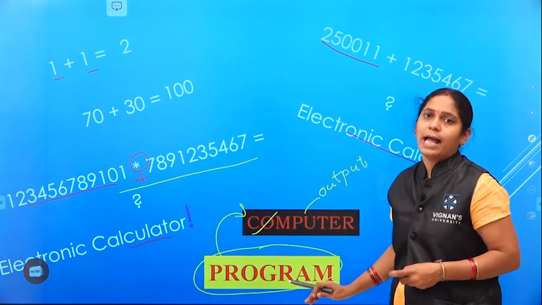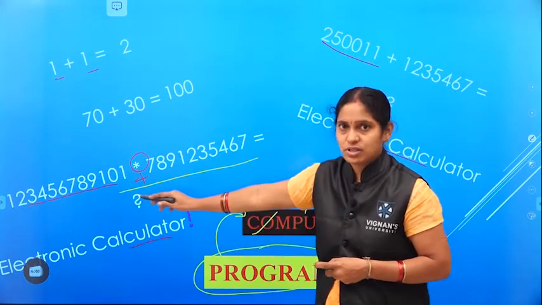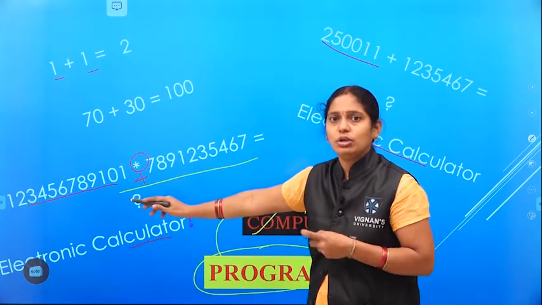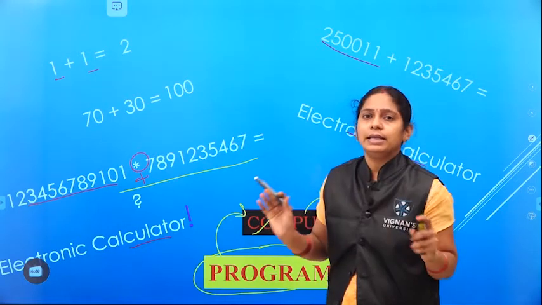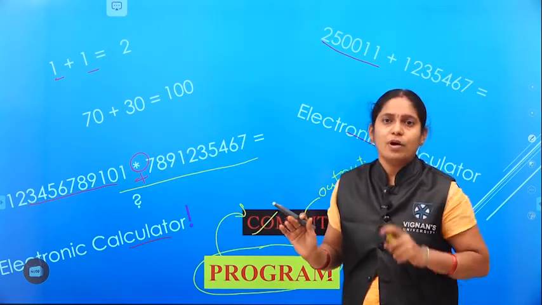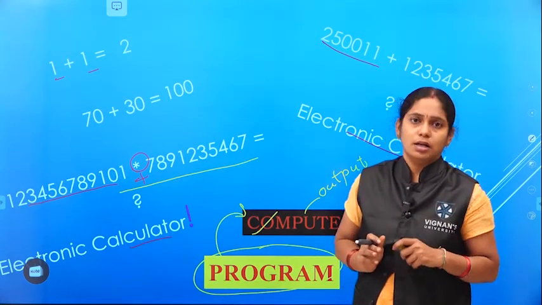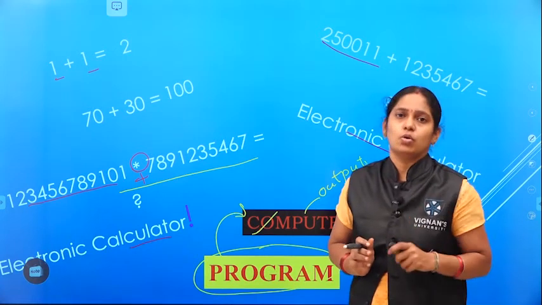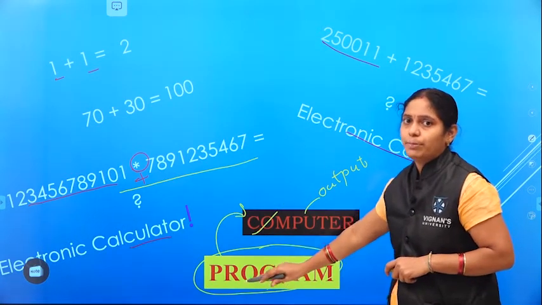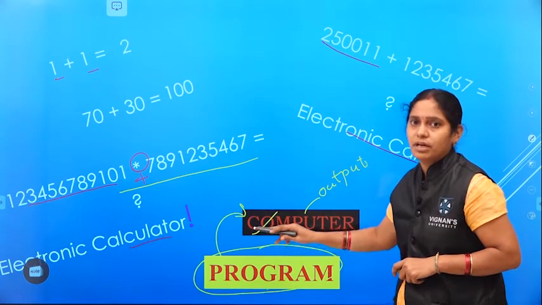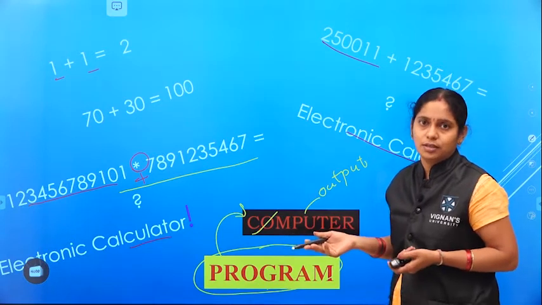Once you write a program using that, not only this multiplication process on these two numbers, once you develop the program using that, you can perform any task. So, with the help of a computer, we can save time. Time is so valuable, so we can save that big resource. First we write that as a program, and that program will be given to a computer. The computer will work on it and generate the output for us. The output is nothing but the result of it, right?